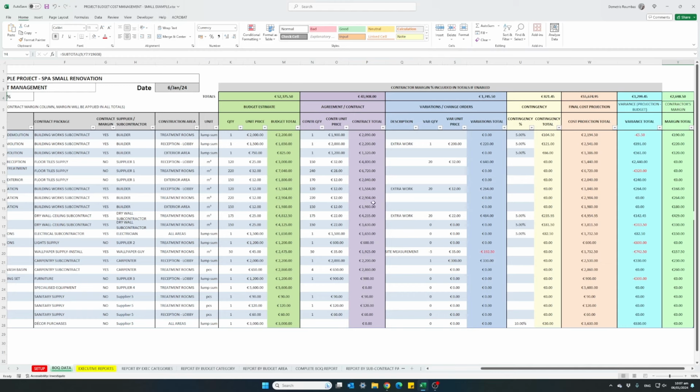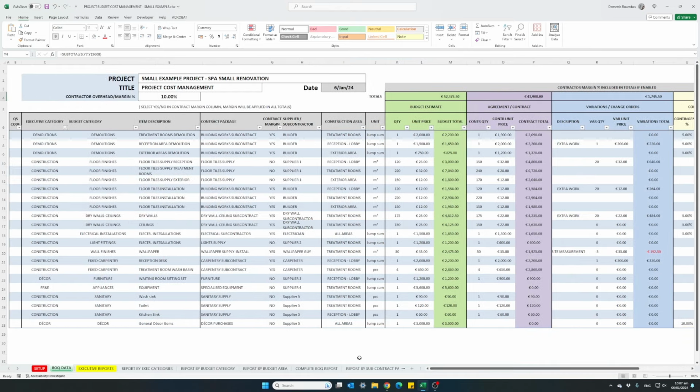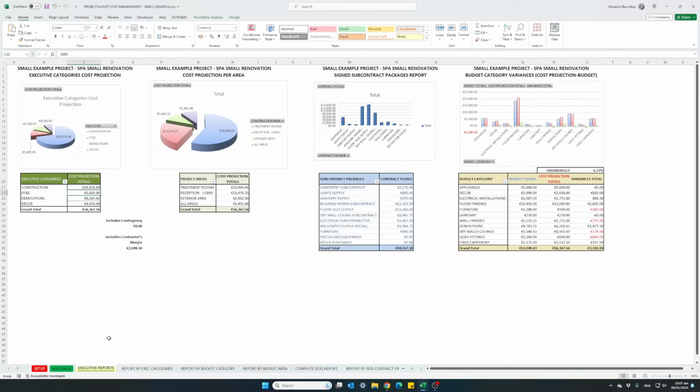Once you get the hang of it, this is basically straightforward. There's nothing complicated about the table, and it follows basic construction sequence. Again, our executive reports, we need to do a refresh. Once we change data, we need to do a refresh, and it will automatically refresh all the data in the